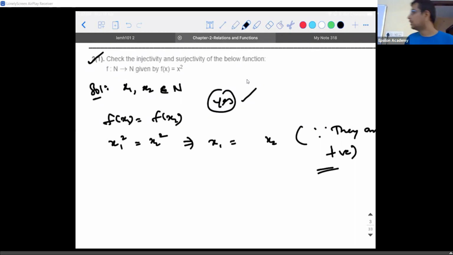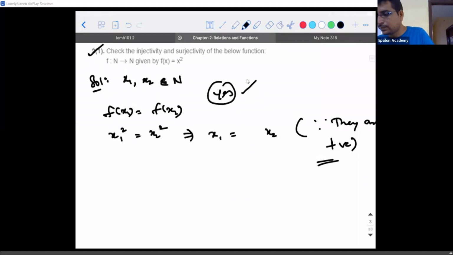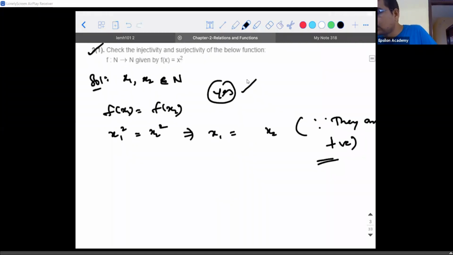Zero idea. You will say 0 is equal to 0. Numerator is the problem, denominator is the problem. Had the question been 1 by x1 square, 1 by x2 square, then 0 would not exist, since x is in the denominator. So 1-to-1 is clear, right? For onto, what are we supposed to do?